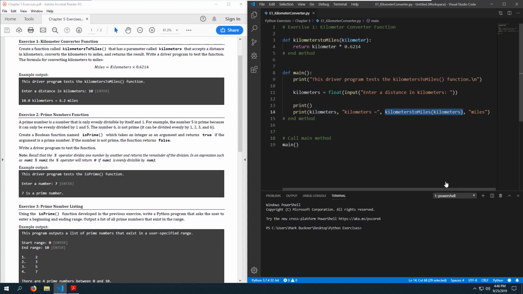Let's run this. But before I run it, let's go over what's happening here. So when I run this, the Python interpreter will read all the way down and then hit main, because this function is in the global scope, whereas these are in the global scope, but they're not being called until down here. So we call the main function, we jump up here, we output the program's purpose, we then ask the user to enter a distance in kilometers, we convert it to a floating point, and that value is assigned to